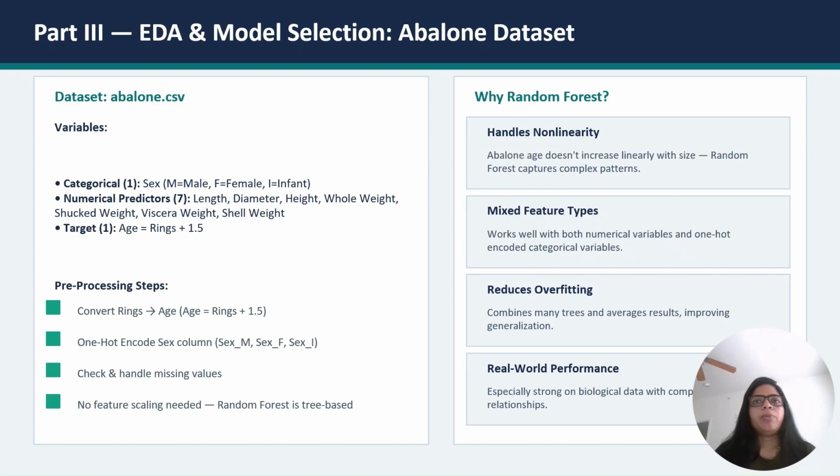The pre-processing steps we did before modeling include converting the target column to age, which equals the rings column plus 1.5, and then one-hot encoding the categorical variable so that it is ready for model processing. Then the third part is we checked for missing values in the dataset and handled them. Lastly, we don't need feature scaling for this model because I have chosen random forest, which is